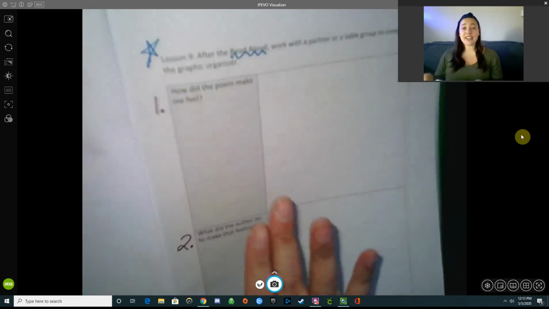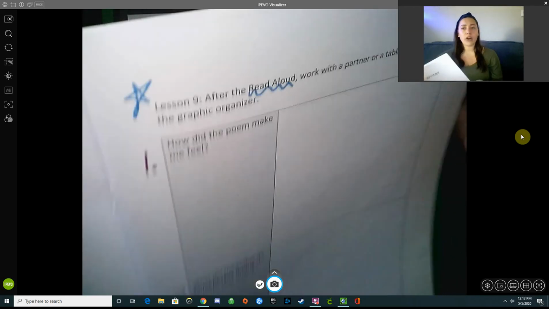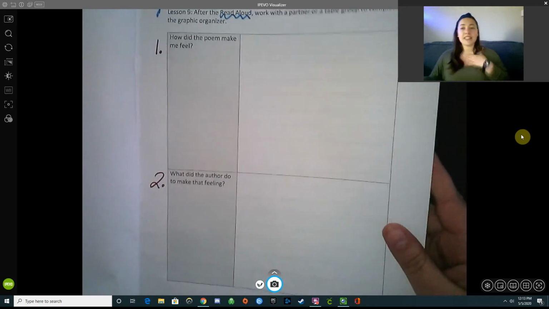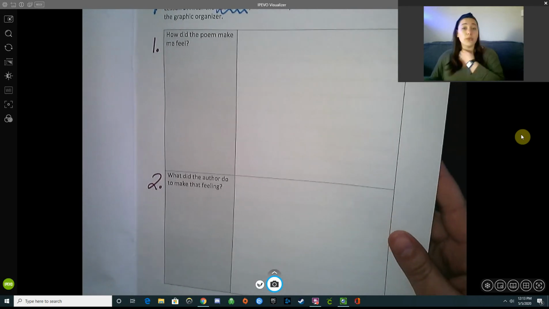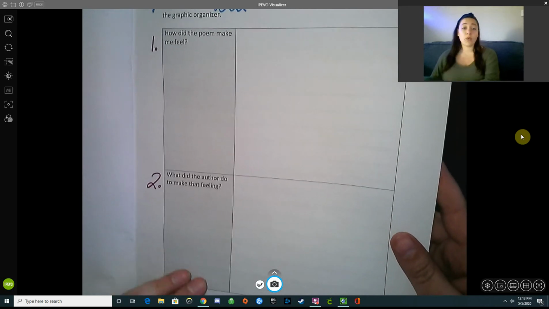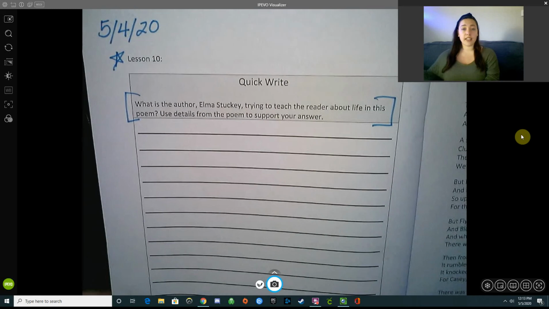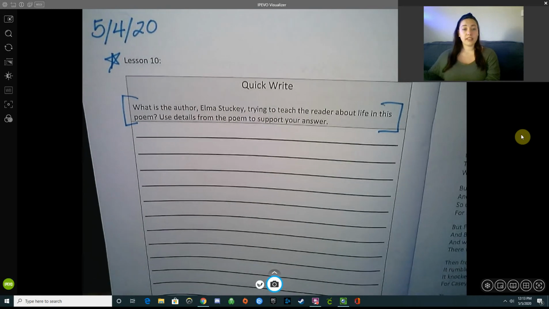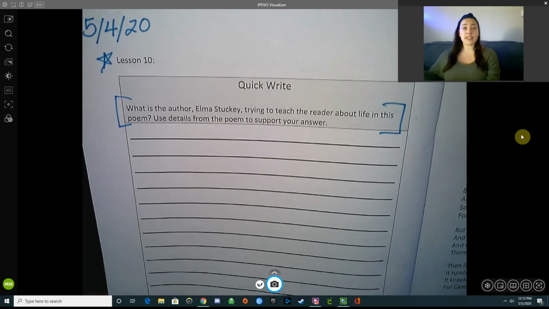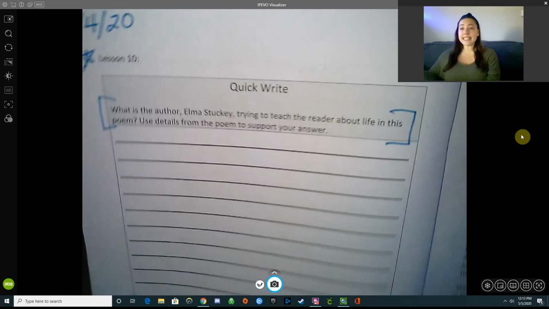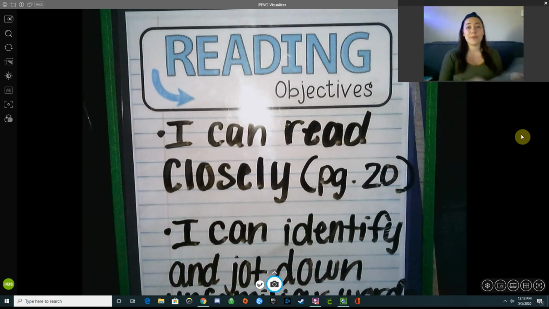So again, there is not a right or wrong answer for page 16 because this is how the poem was making you feel. And then what did the author do to make you feel that way? And then I also asked you to complete on page 17 the quick write. Once you are complete with these activities, please make sure you send them to me because we are moving on